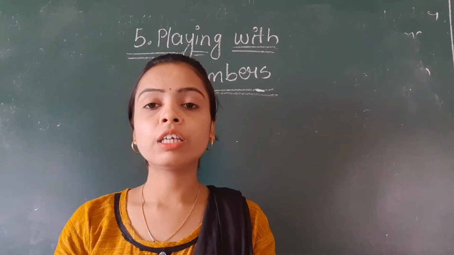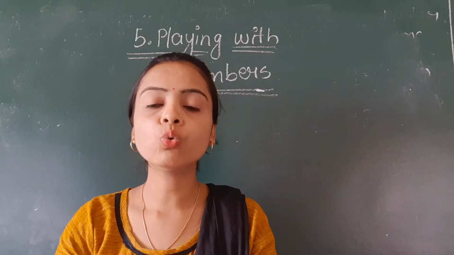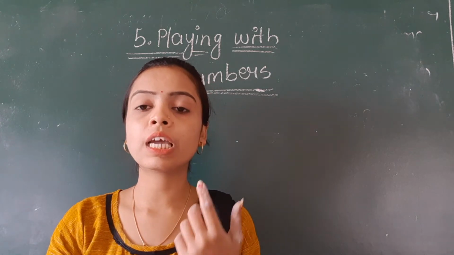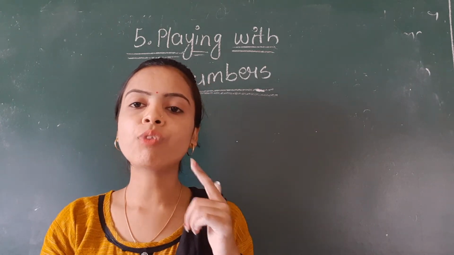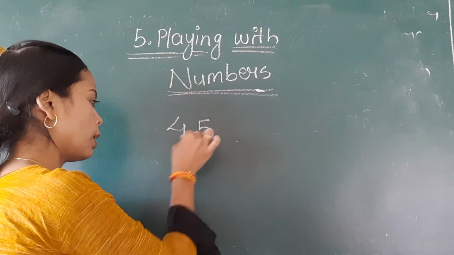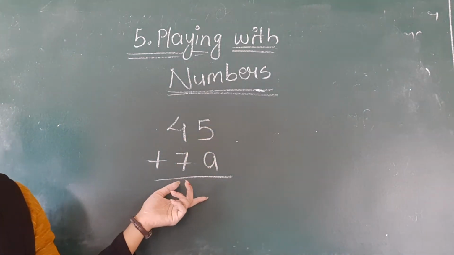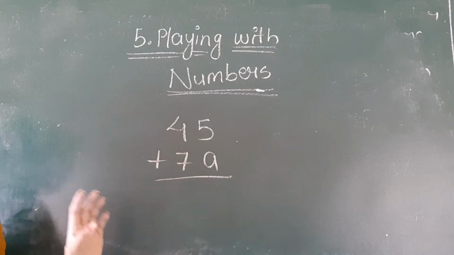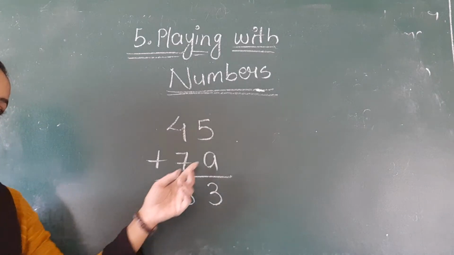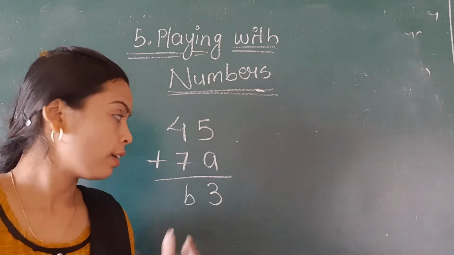At first, what we have studied in this lesson is how to add two numbers in which some numbers are missing, and in place of those numbers an alphabet is given in your addition, just like 45 plus 7a. That is your question, in which the solution is already provided, that is b3. Then you have to find out the value of a and b, and to find this value you must know how to add them.